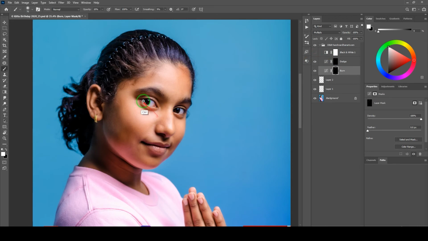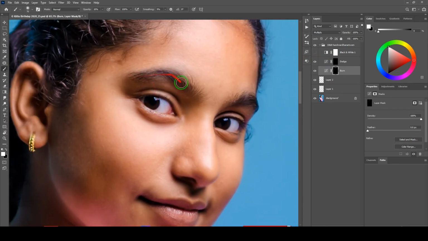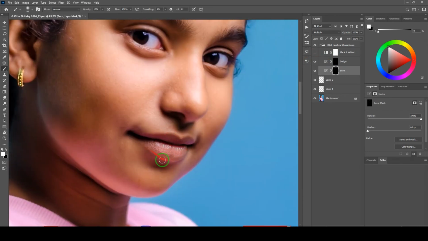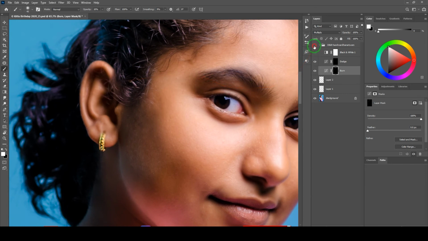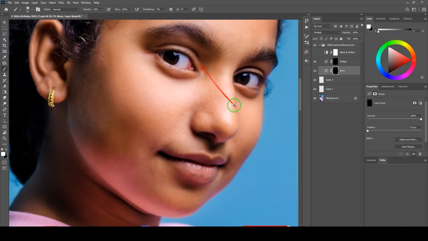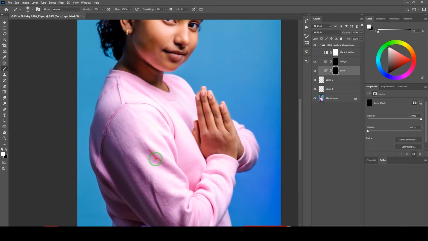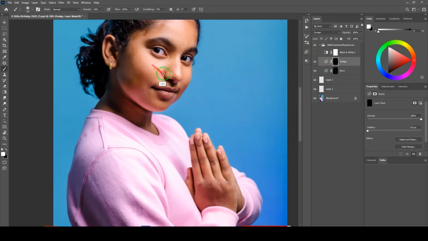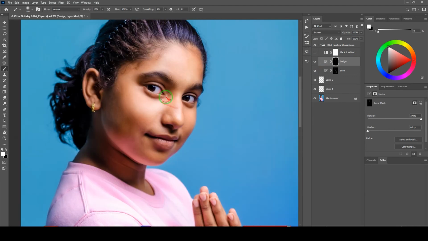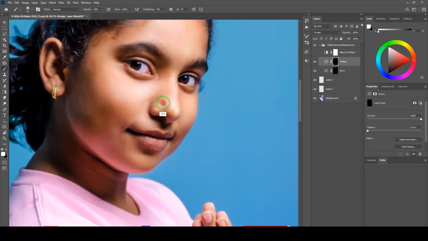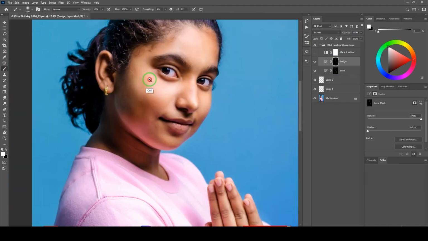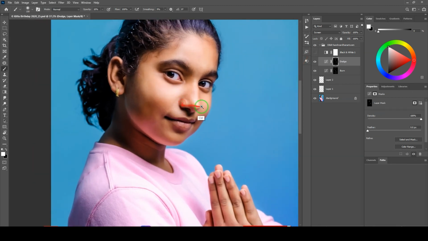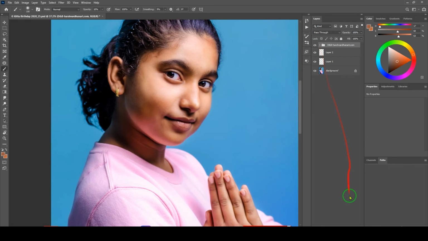And you can turn off the black and white layer if you want to see more. And you can see the difference by turning this on and off. Now select the dodge layer and start painting on the highlights of the image with the again soft brush, 10% opacity, and you can see the difference by turning this on and off.